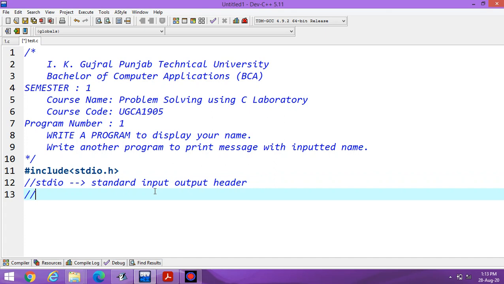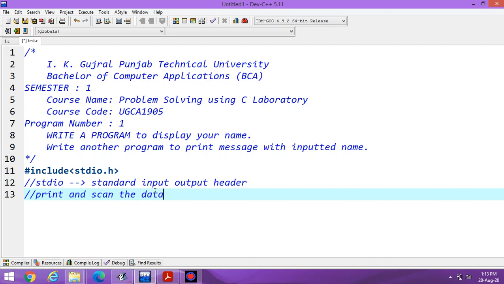By using this header file, you can print and scan the data. What is the meaning of printing? Means output. And what is the meaning of scanning? It's input.